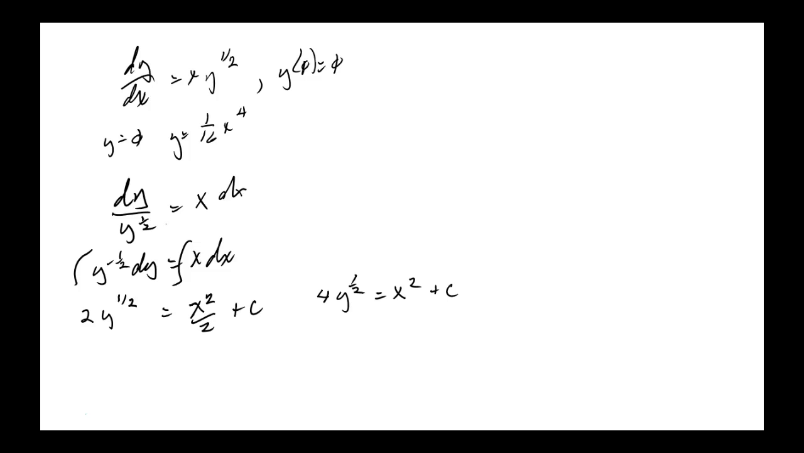Now, if you're trying to solve for y, make an explicit solution, divide everything by 4, and that gives you y to the 1/2 is equal to x squared plus c over 4. And then if you square both sides, y is equal to